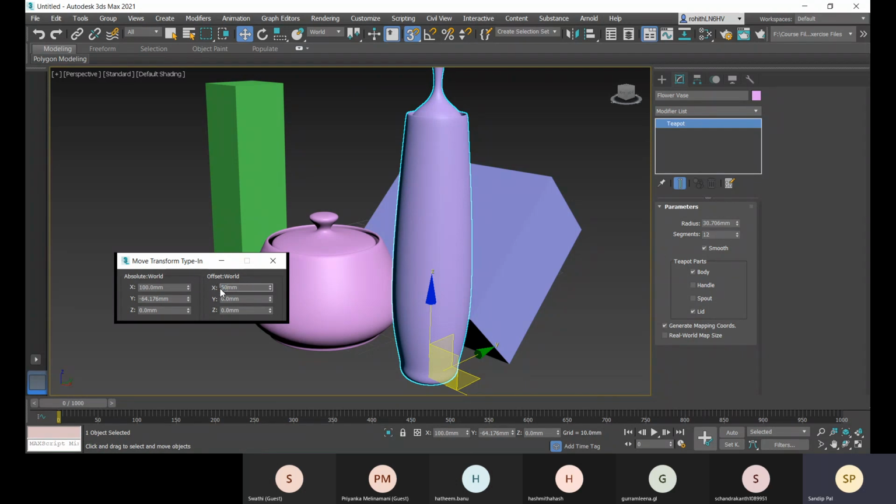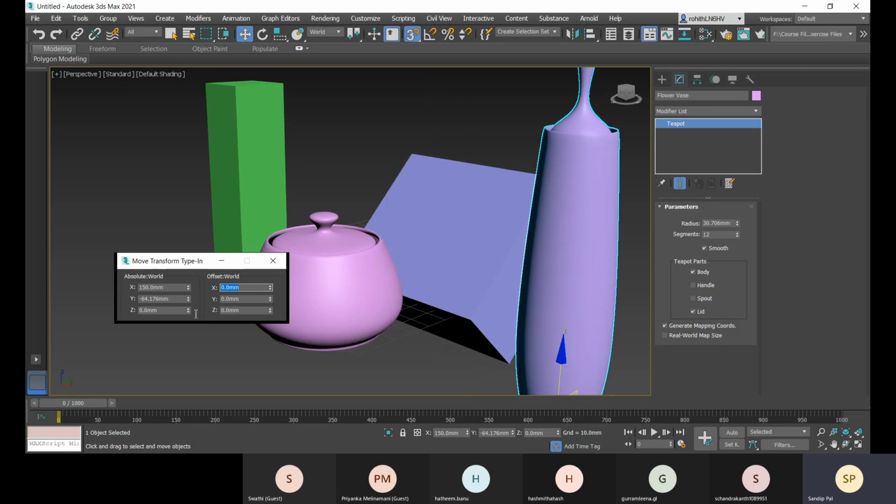That will be calculated from the last position, and the value calculated from the origin will be reflected here. So if I go for 50, enter, you see it is right now 150. So 100 plus 50. Here you see the value is reflected, calculated from the origin.